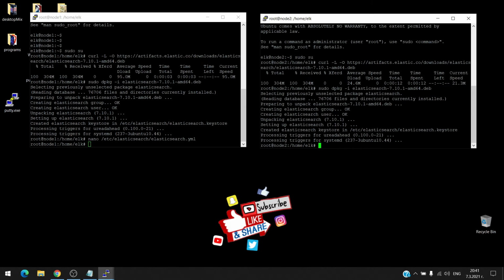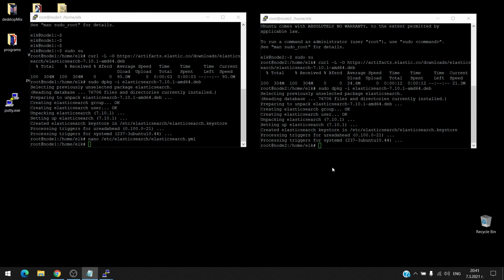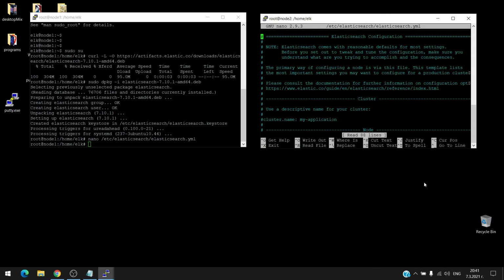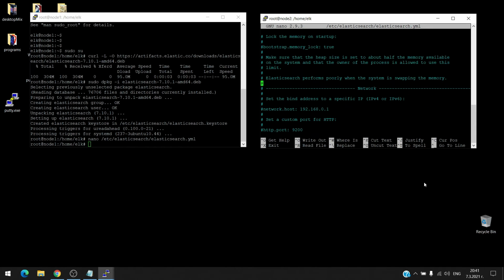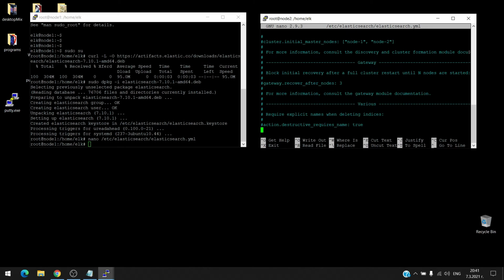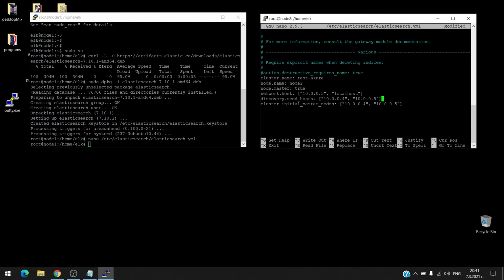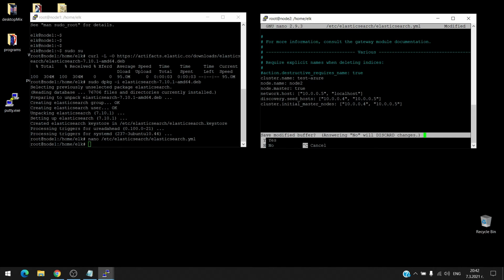And now let's edit the config file for node 2. Same. The only difference is the node name and the IP address for the hosts. Okay, Control X, yes,